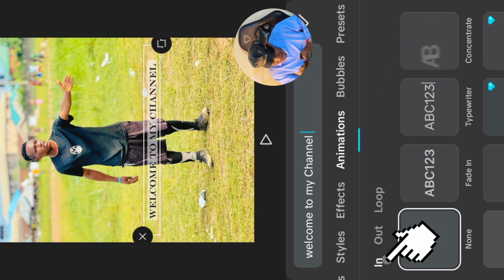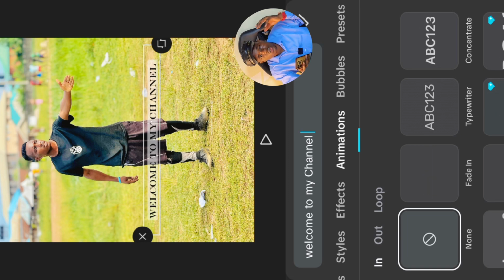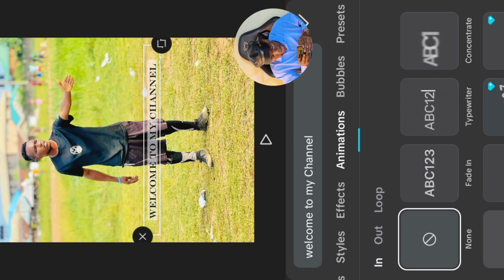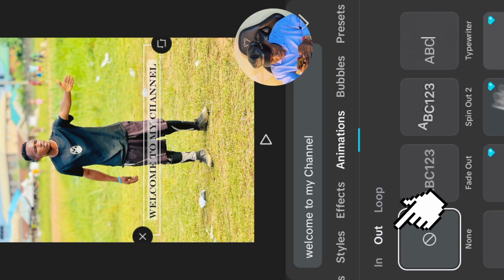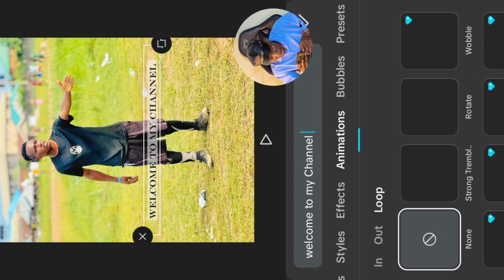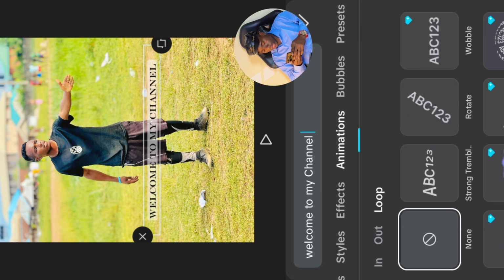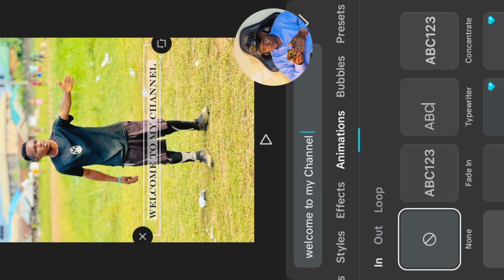So if you want to add animation, you see this "in" over here, this is how you want the text to enter. Then you see the "out" over there, how the text is bound to leave. Then you see this loop over here, this is how you want the text to remain on the video. So as long as the text is on the video, what motion do you want it to display, how do you want it to be like? So let's just go over them again. Let's start from